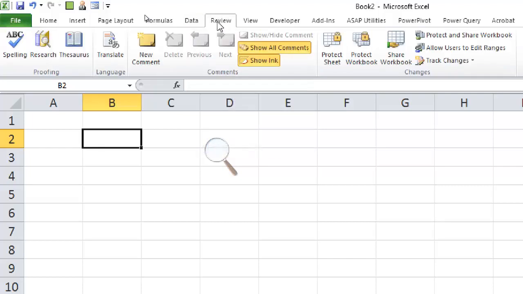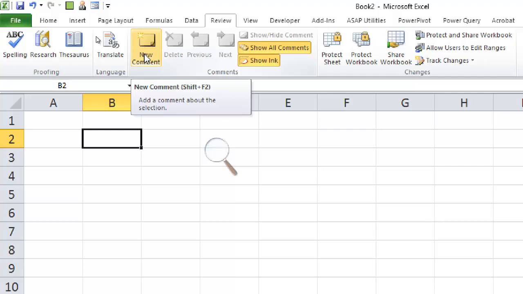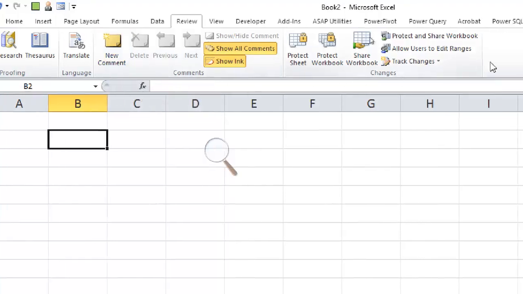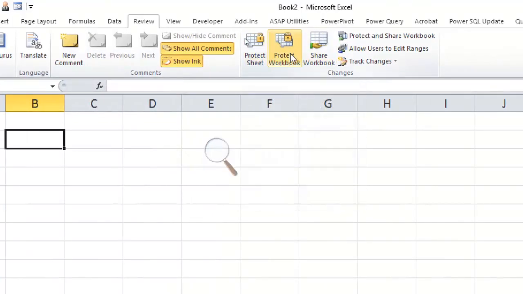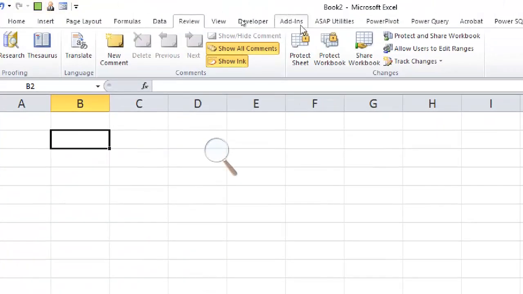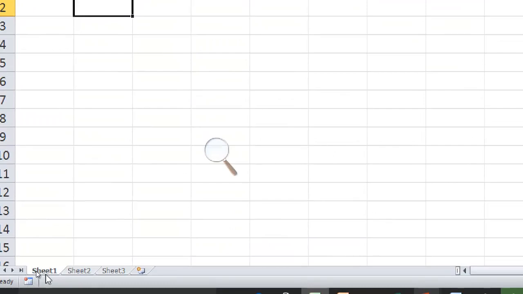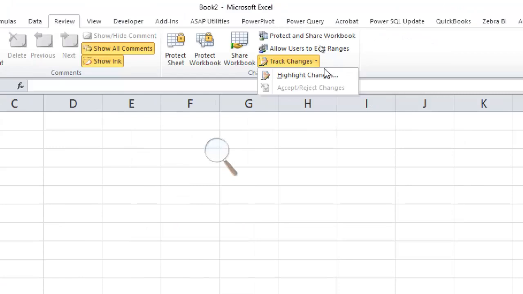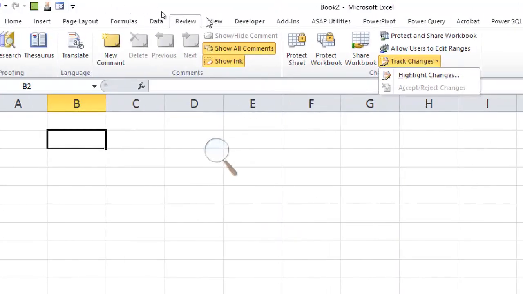Then next you have the Review tab or Review ribbon, in which you have the comments group. You should know how to insert a comment, how to delete a comment, how to rename a comment, and the further properties of it. Then how to protect a sheet, how to protect a workbook, what the impacts on the worksheet and workbook will be when you protect them, how to share a workbook, and how to highlight the changes. Remember, you cannot rename a sheet named History because it's included in the highlight changes. So how you can make this sheet, that's important.